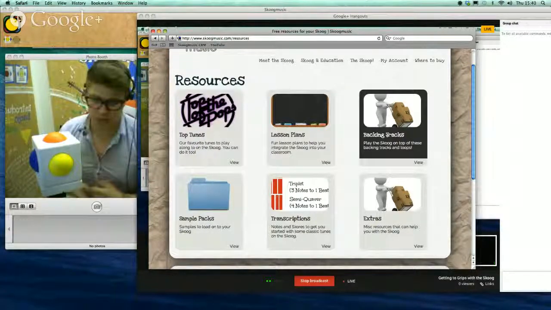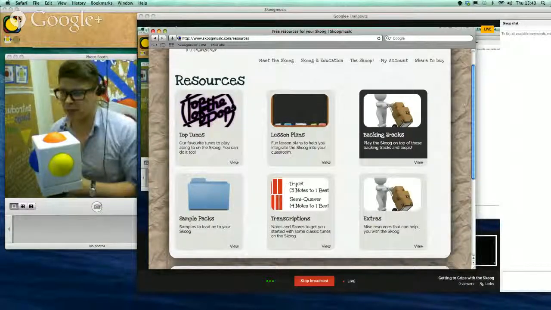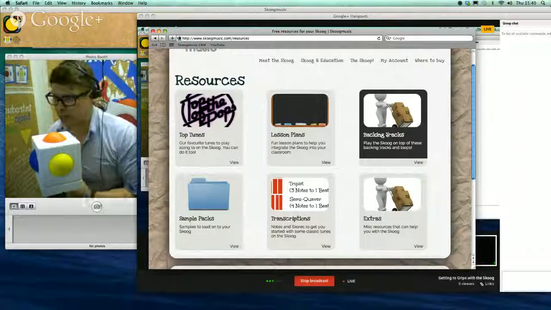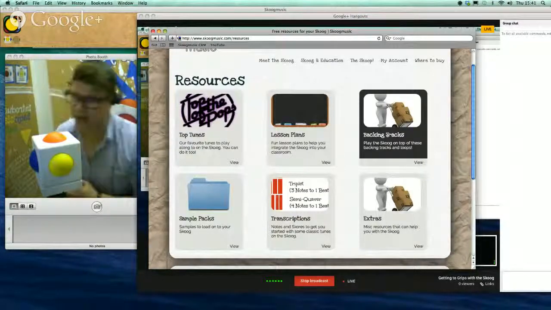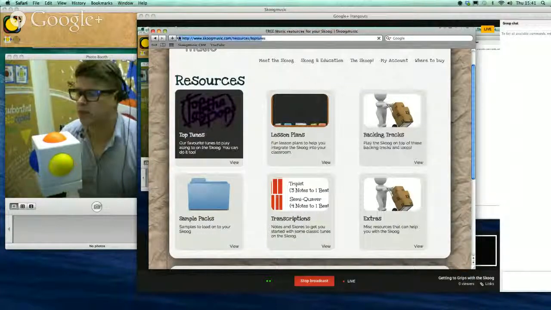Sample packs are packs of samples like animal sounds, transport sounds. We've got a set of things for celebrating the World Cup at the moment, extras, all kinds of stuff. Okay, so there's loads of resources, and if we go to, say, the top tunes page, you go to pop tunes,